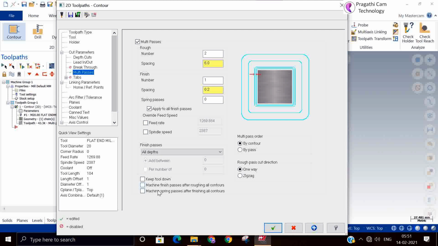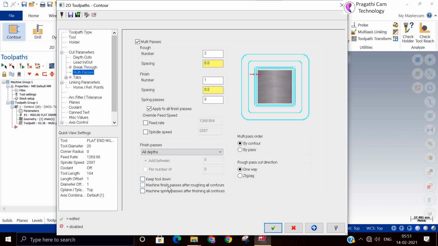Machine finish pass after all rough pass, and all these options you can switch on and see. We know depth by contour or depth by level in the cutting method, how you want zigzag or one way.